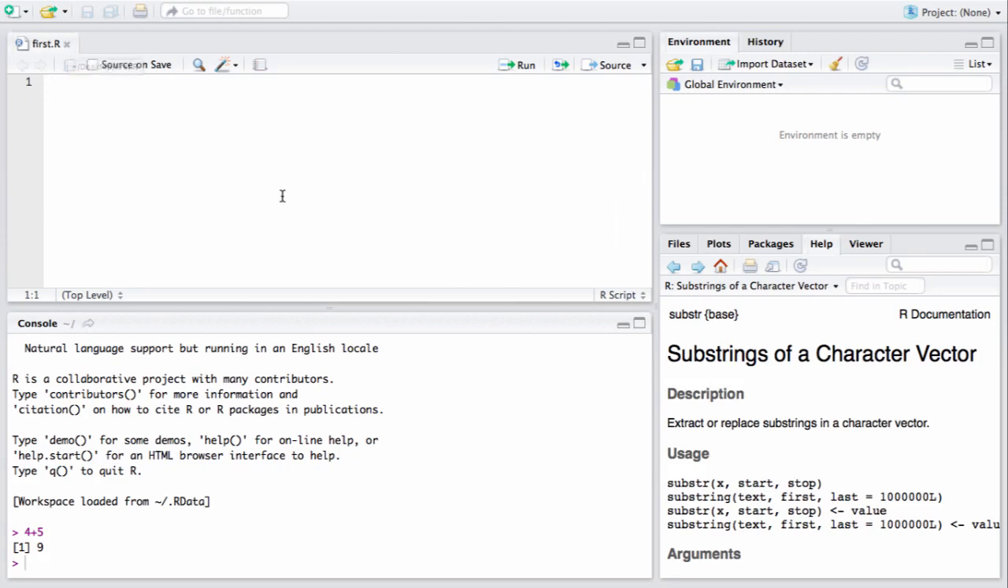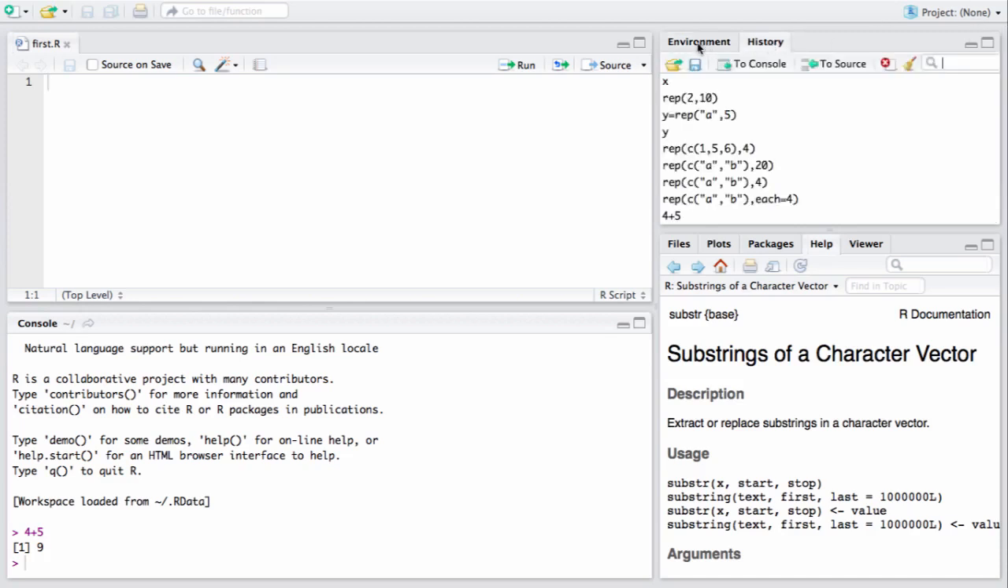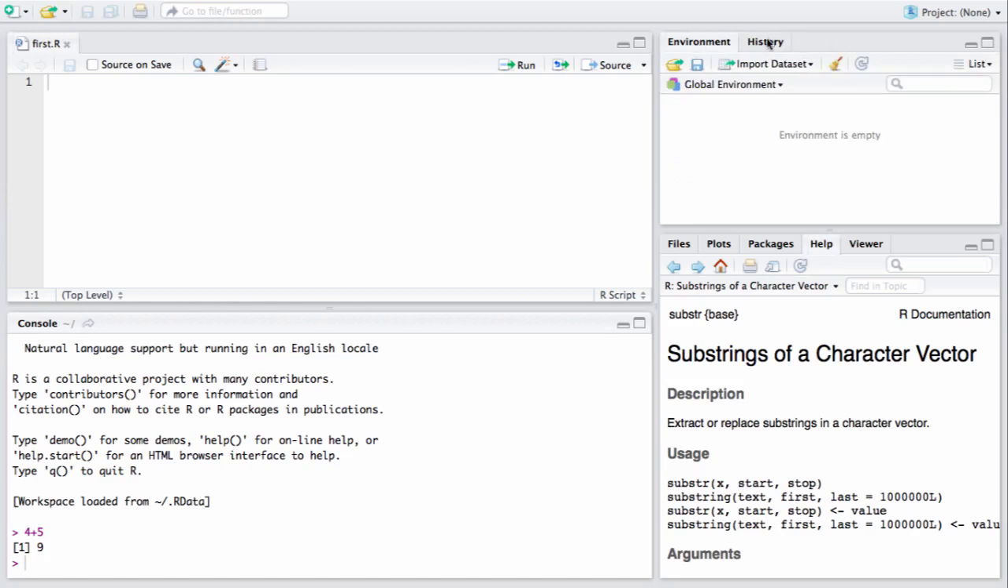Let's let it be there, and let's talk about the other windows that we see here. The one on the right side top has two tabs, environment and history. Environment is where, when you create an object, so let's create an object, we are going to name it as simple as X. Let's give it some value,